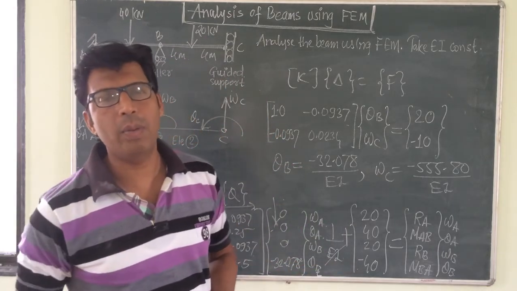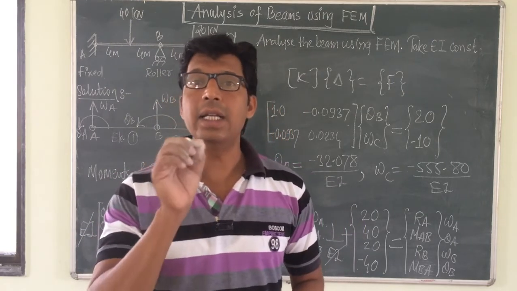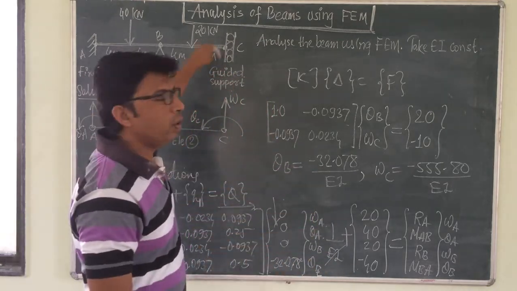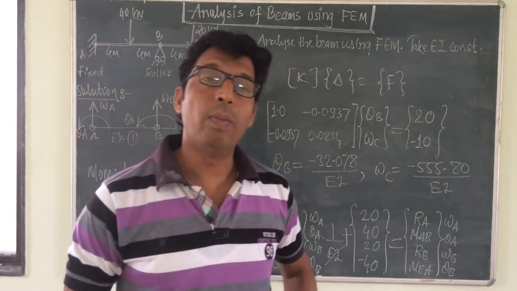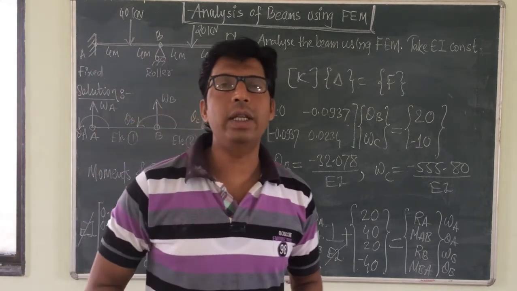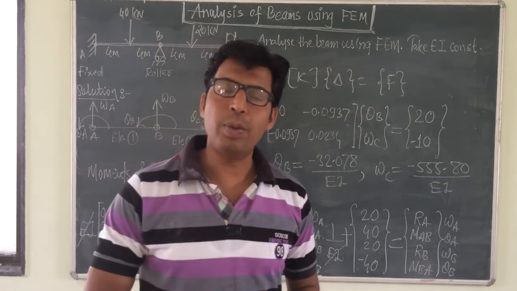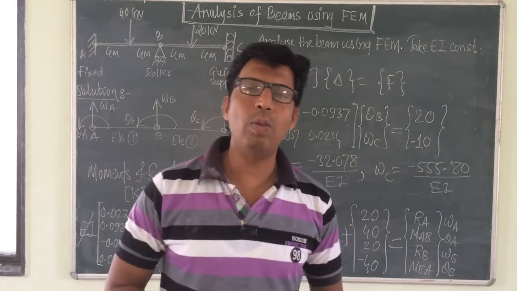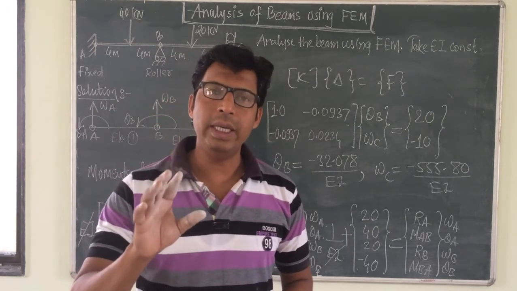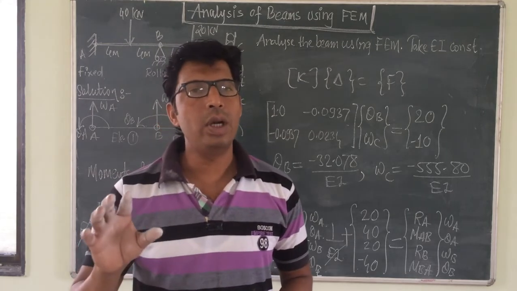So this is the second problem on analysis of a continuous beam using the finite element method when a guided support is provided in the beam. Remember, in a guided support, the vertical displacement WC is not equal to 0, but theta C is equal to 0. There will be one more problem we will solve in the next class, problem number 3, where a spring support is provided, again a special type of support in beam analysis. We will see the analysis of a continuous beam with spring support in the next class.